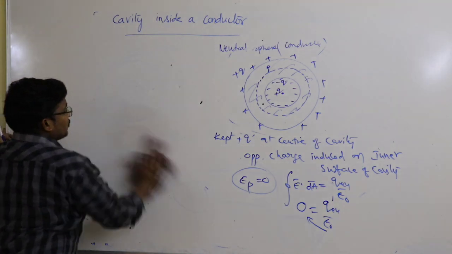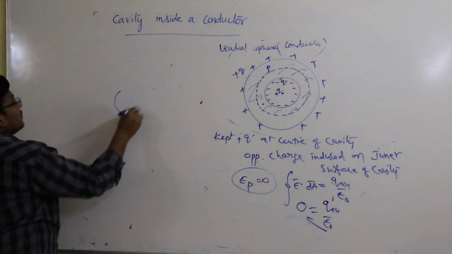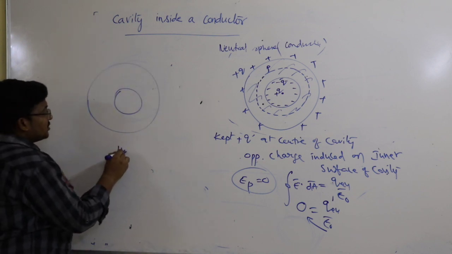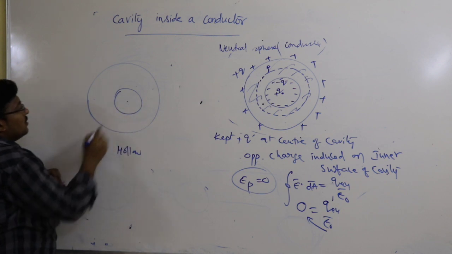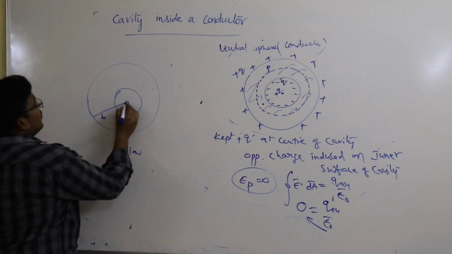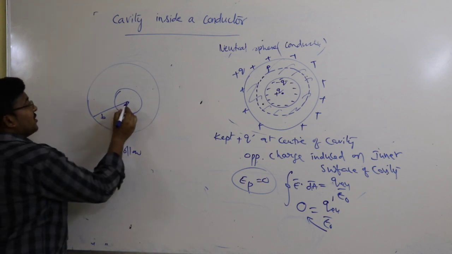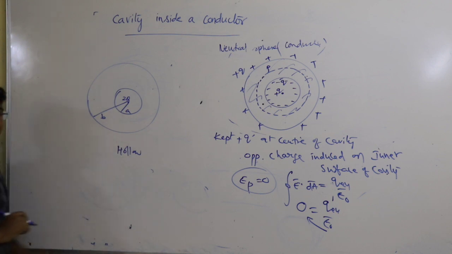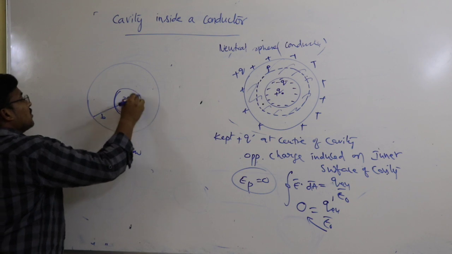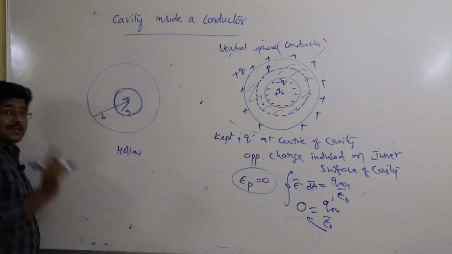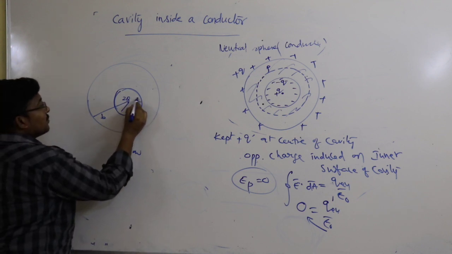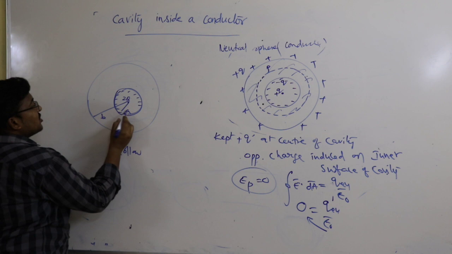Now you just do one problem. Just tell me, there are concentric hollow spheres. So the radius is small a, and this radius is b. Okay? Right. Now if I keep a 2q charge at the center, can you tell me the distributions? As this is hollow, material is not there. Due to this 2q, some negative charge is created here.